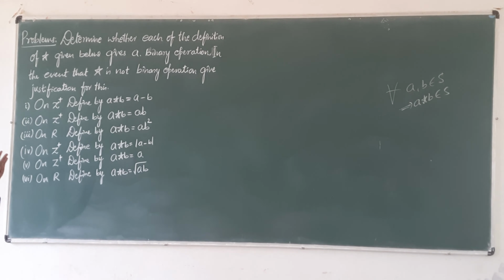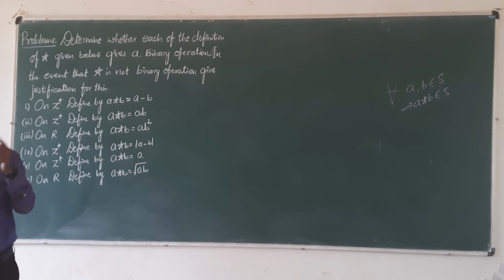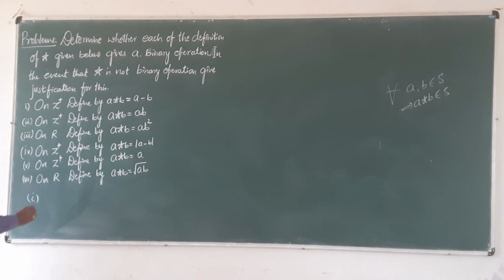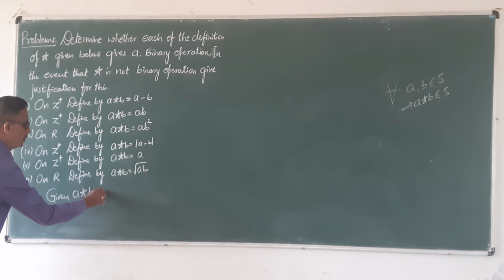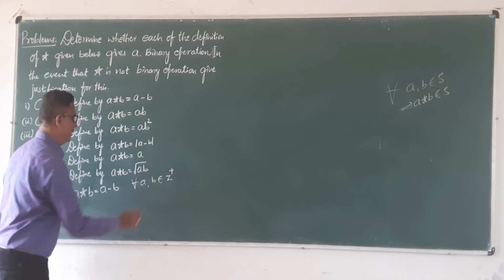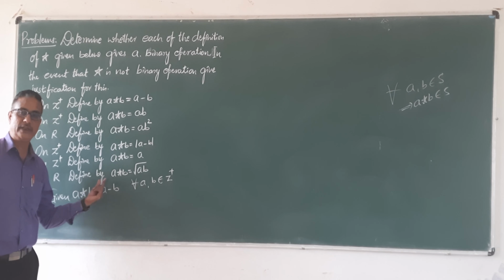Okay, now you know the definition of binary operation. Here, binary operation means in whichever set we take two numbers and operate, the resulting element should be in the same set; that is binary operation. So here, first one: on the set of positive integers, Z plus denotes positive integers, star is defined by a star b is equal to a minus b for all a and b belonging to Z plus. See, two elements are taken, and when operated, an answer is given: a minus b.